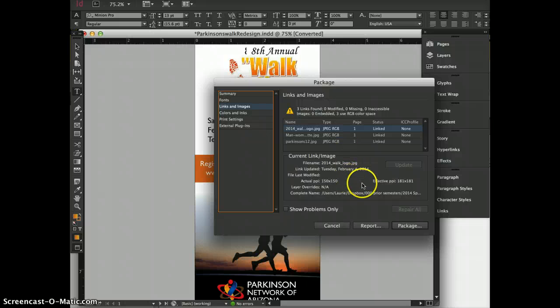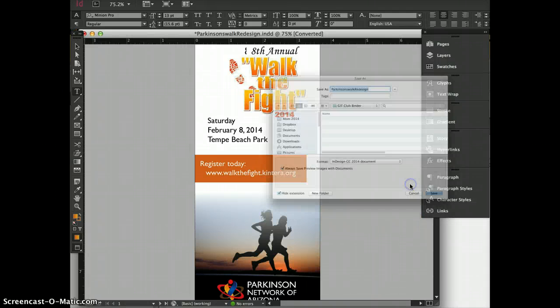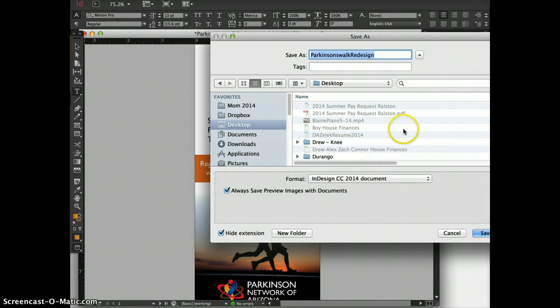Information so that it's not an RGB anymore. It'll be a CMYK. In any case, everything's good here. If everything's good here, I can click the package button, and it's going to want to save because I changed the font. So let me just, oh, I'm not sure where I had that in the first place, but I'm just going